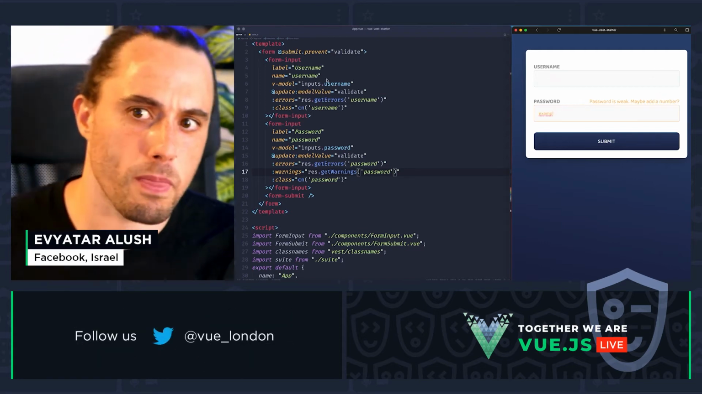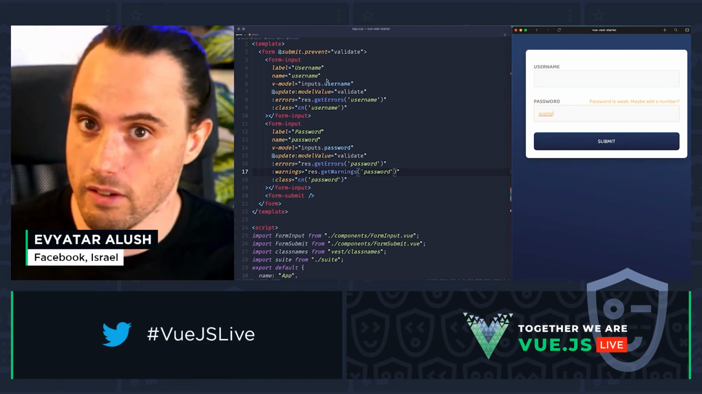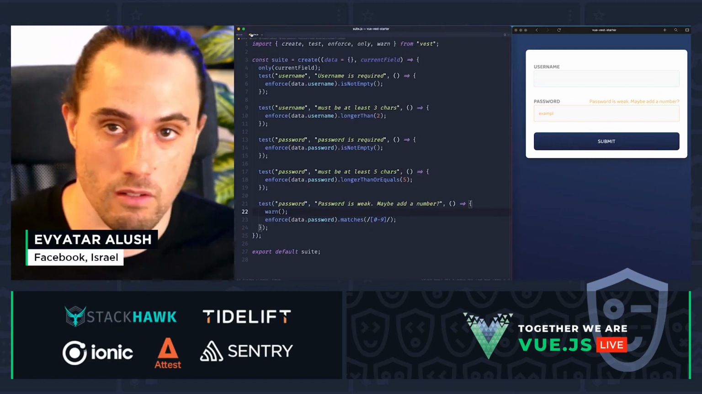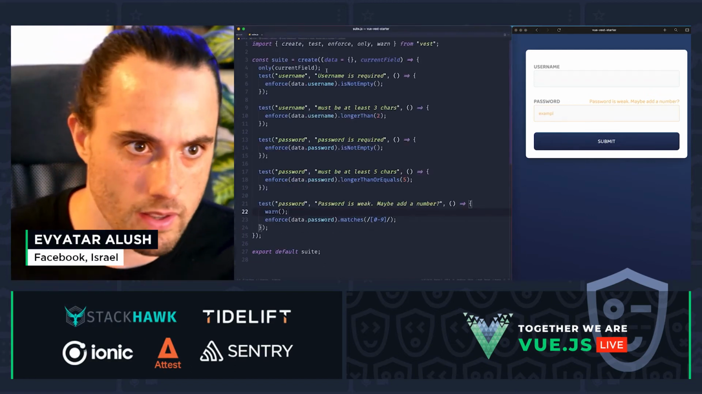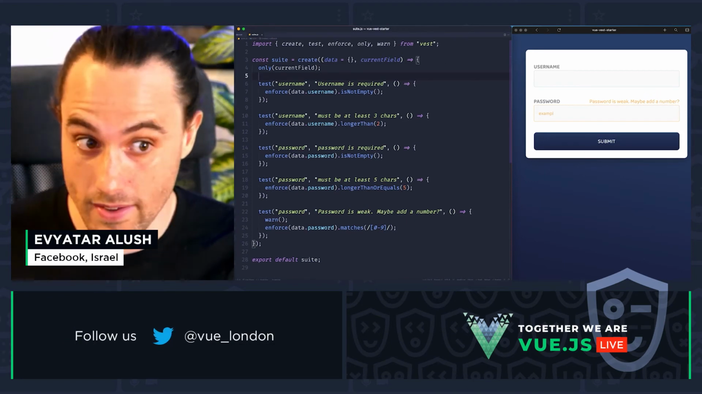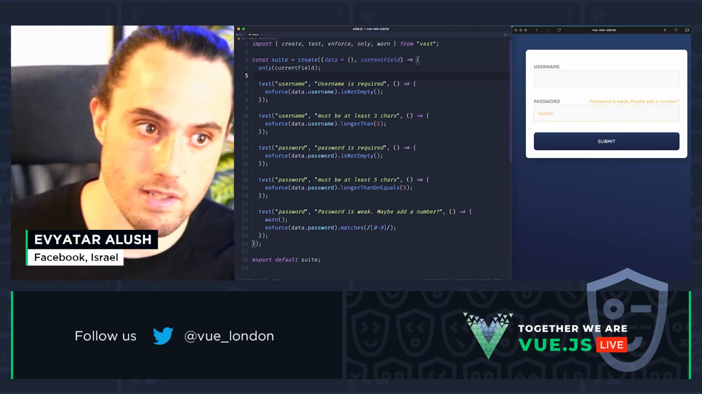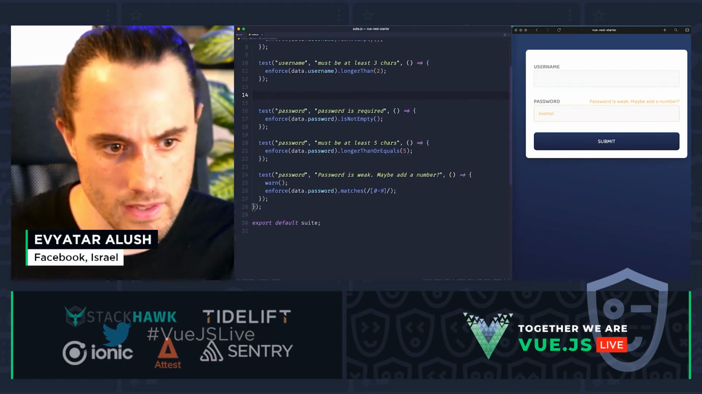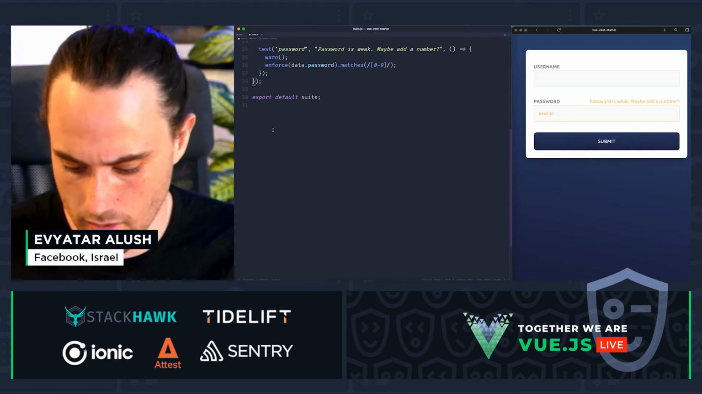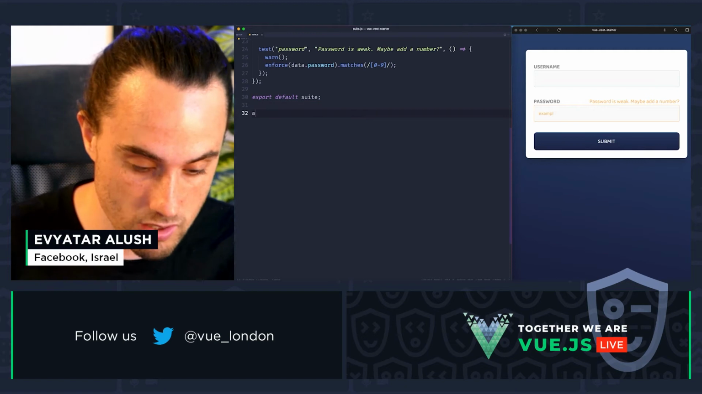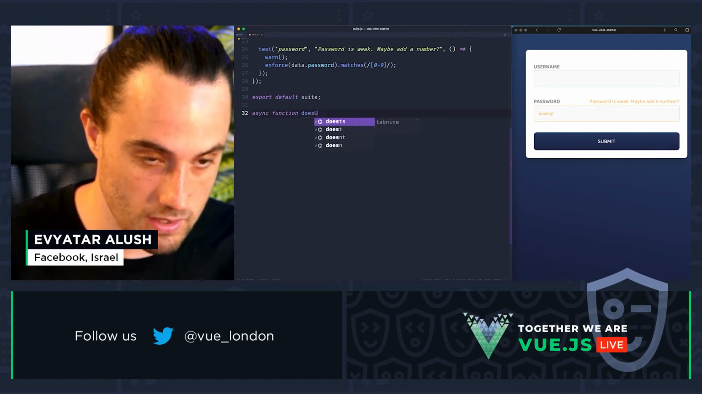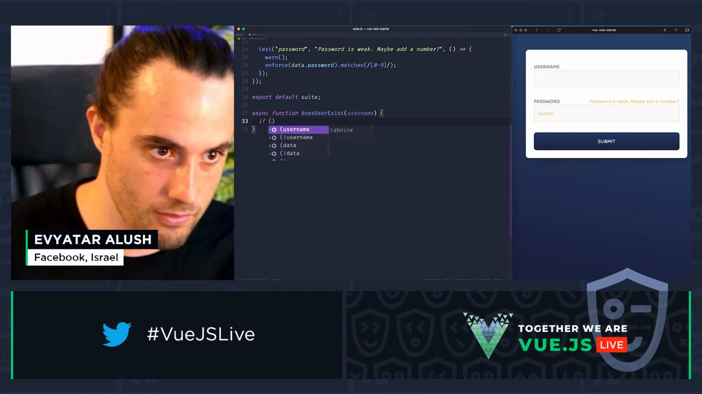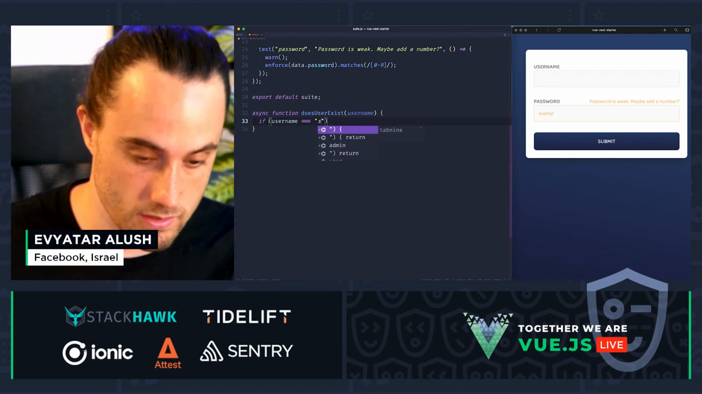Cool. Now, sometimes we want to also have async validations. For example, if the username is already taken, we want to check that instead of letting the user submit and only then tell them. And all we have to do in Vest is just return a promise or an async test inside our suite. So I'll just do it. Let's have a mock function that implements does user exist logic. So async function does user exist. It takes a username. And if the username equals some user,